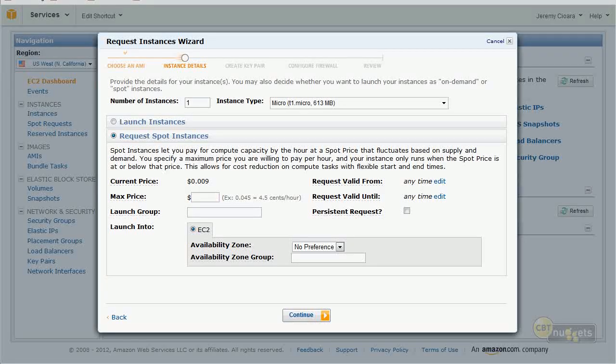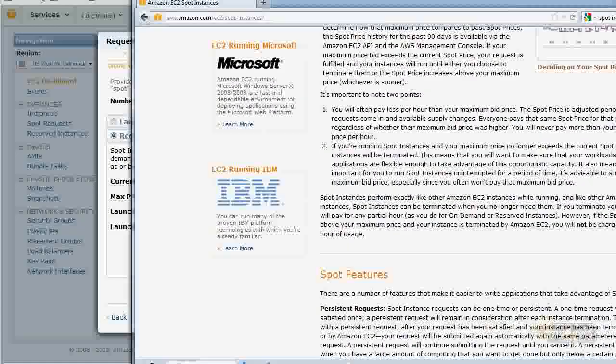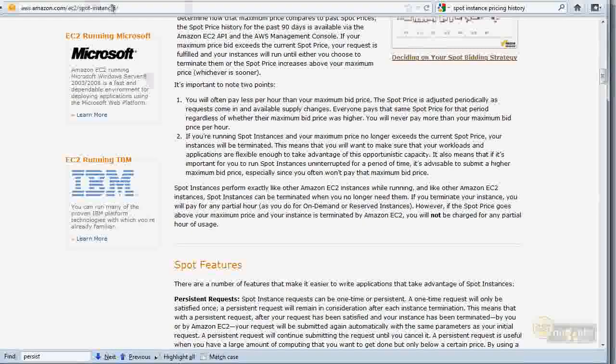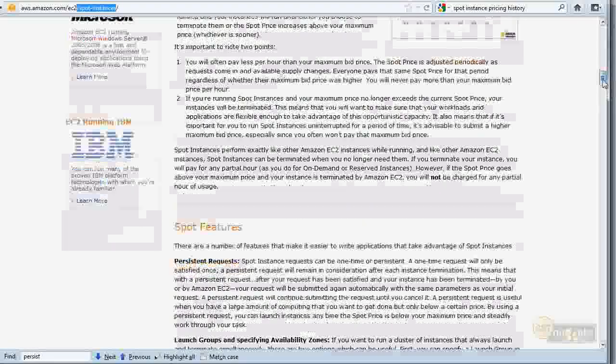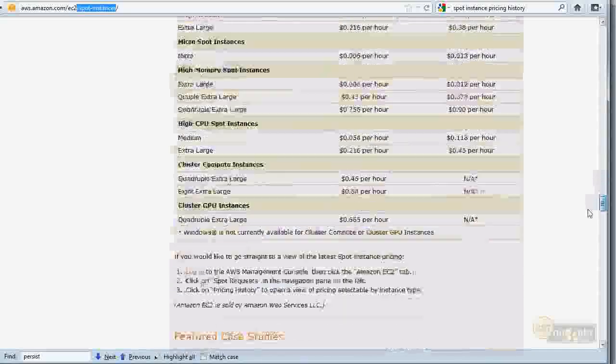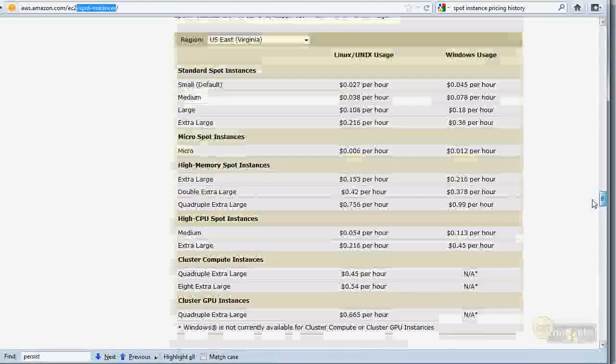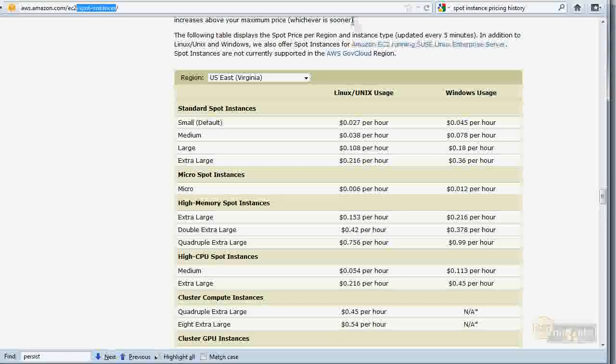Now, you can see right here, I'm coming over here to Amazon's description of spot instances. Amazon has done a great job with their website. Like I wouldn't expect anything less, but you can see they actually have a table of spot instances per region updated every 5 minutes. So you can go out there and say, well, what's the current spot rate for Virginia? What's the current spot rate for Oregon? What's the current spot for North California? So you can go through each region and find out what the current spot prices are, again, based on the last 5 minutes.